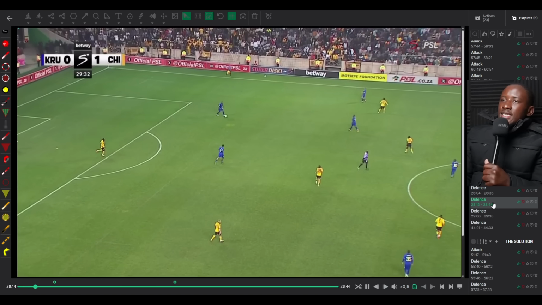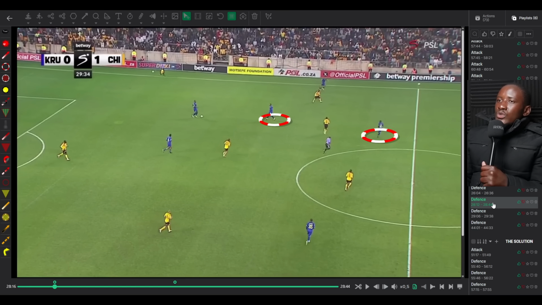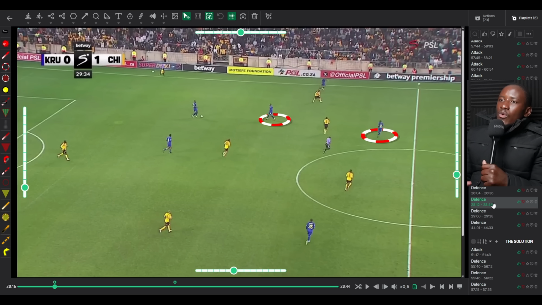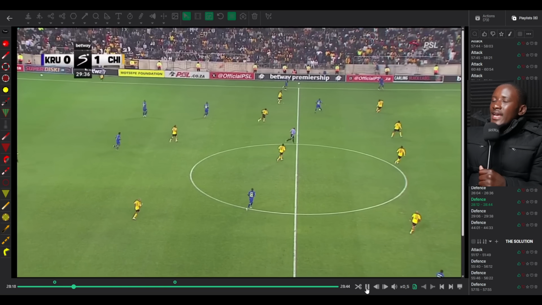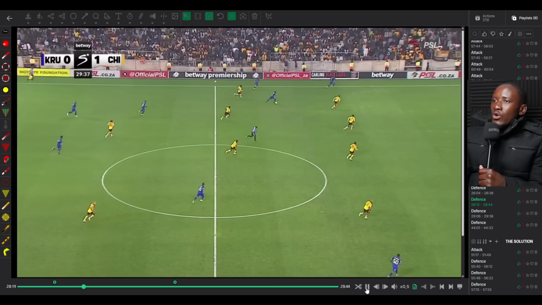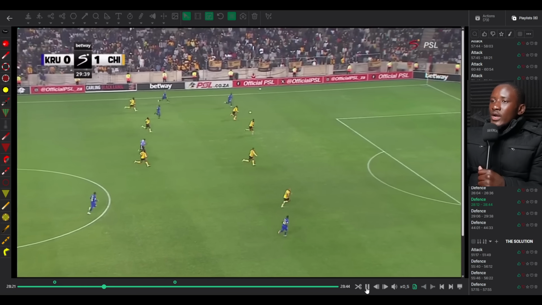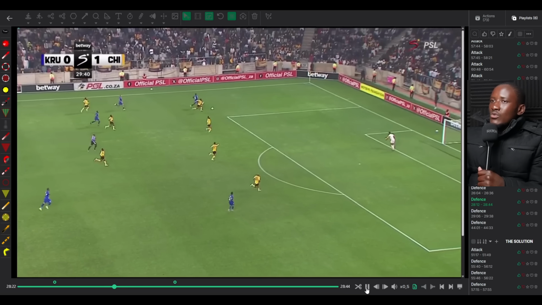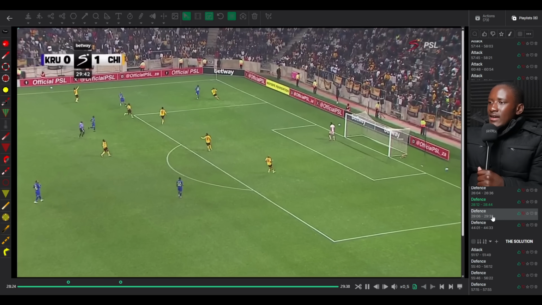I'm not making this a big deal because this was a warning shot. Because a few minutes later, you see the same thing. If you look down that midfield, you'll see the same two players. Unmarked, no one is putting pressure. One in front of Ndlovu, one behind Ndlovu. Once again, they easily find that forward pass and no one is there. And now, all of a sudden, they are in a very dangerous area and they're driving forward. Through ball and a cross, we're in trouble here. But luckily for us, Umunyane does recover.